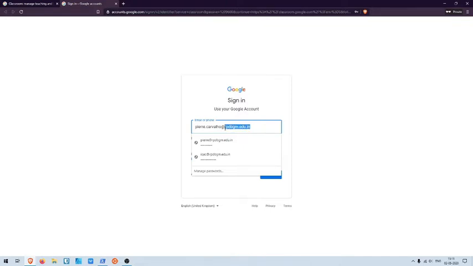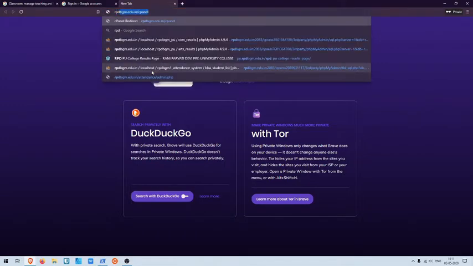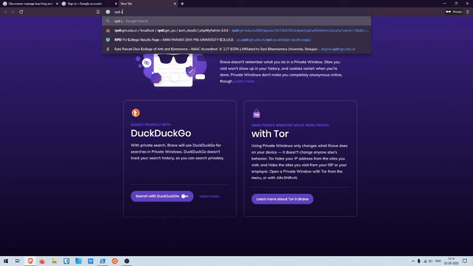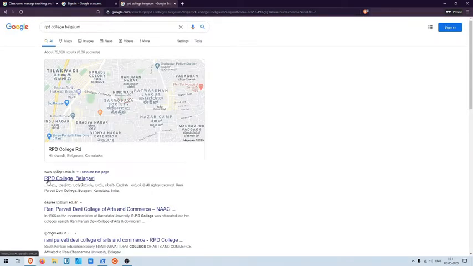Now, if you forget this, it's very simple to know what your domain name is. Let's say I type RPD College Belgaum in a search bar, and here I will find rpdbgm.edu.in.